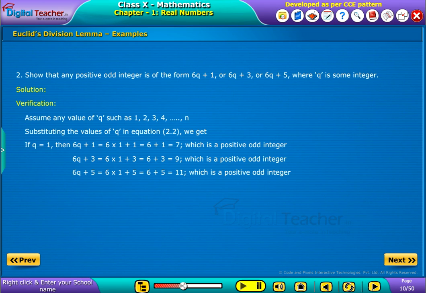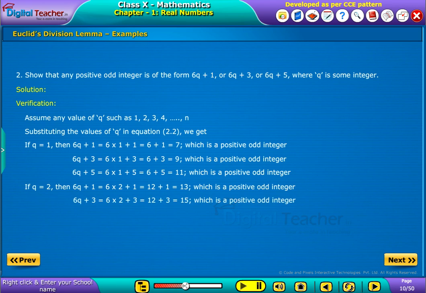6q plus 5 is equal to 6 into 1 plus 5, which is in turn equal to 6 plus 5, that is 11, which is a positive odd integer. If q equals 2, then 6q plus 1 is equal to 6 into 2 plus 1, which is in turn equal to 12 plus 1, that is 13, which is a positive odd integer. 6q plus 3 is equal to 6 into 2 plus 3, which is in turn equal to 12 plus 3,